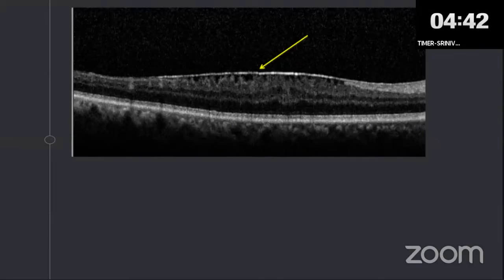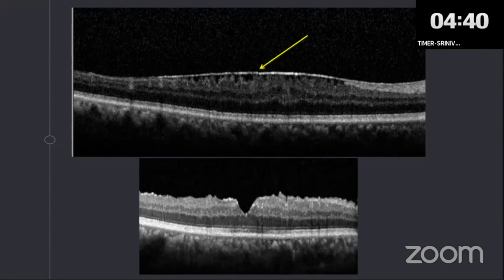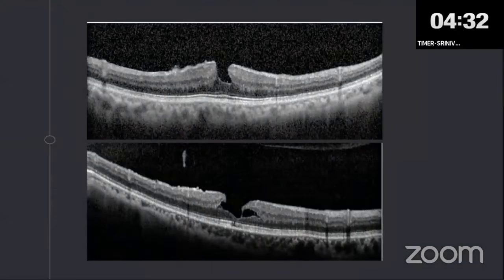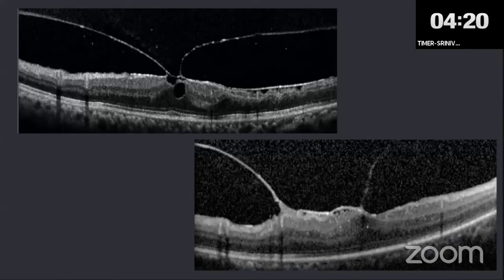ERMs cannot be picked up all the time clinically, especially when they're subtle. This is post-op. It helps you plan combined surgeries. You may want to do cataract and vitrectomy with ERM removal in such a patient. Lamellar macular holes, again: especially in the image above, the cataract is dense and the media is hazy, which is why you may miss this, whereas an OCT scan will definitely help document and pick up these lesions, and it becomes very easy to explain.